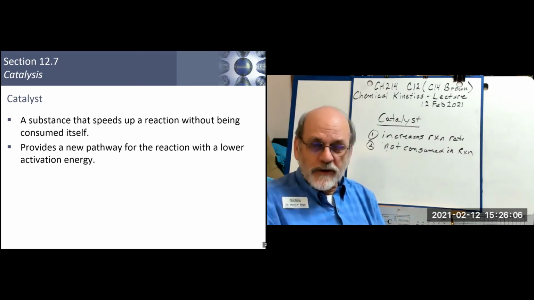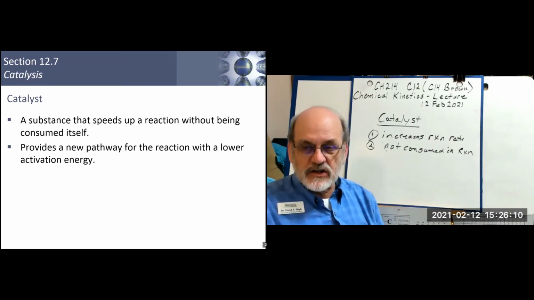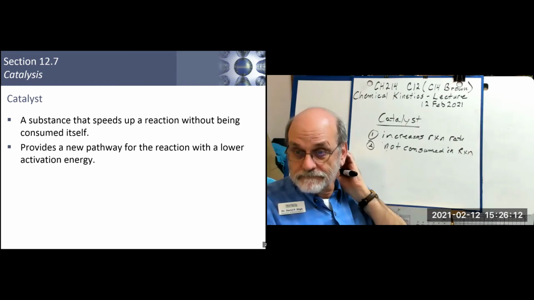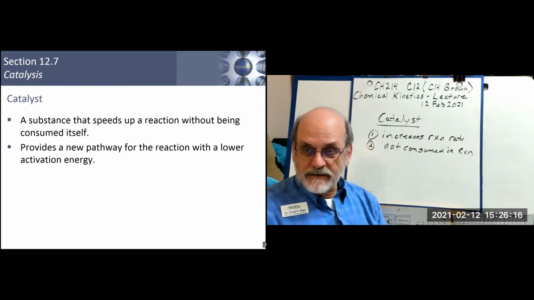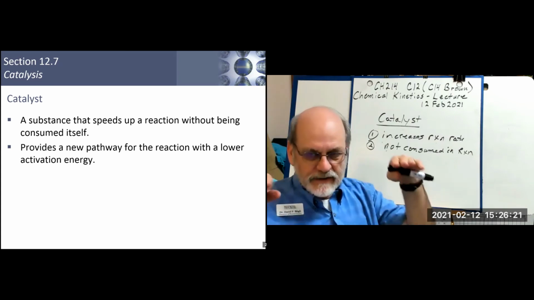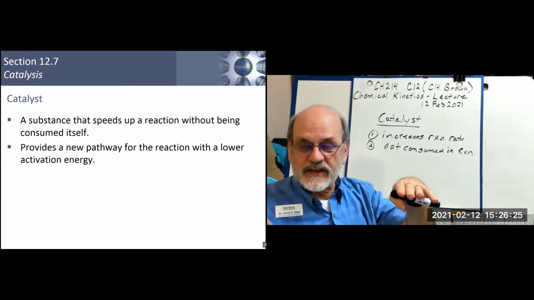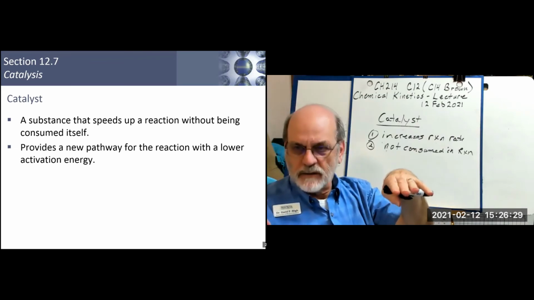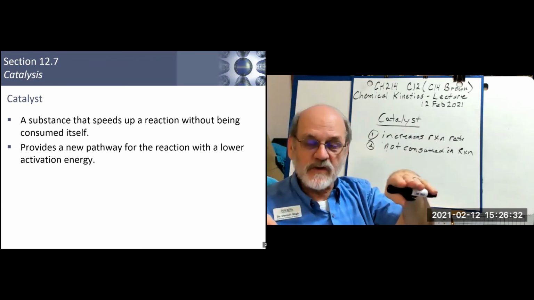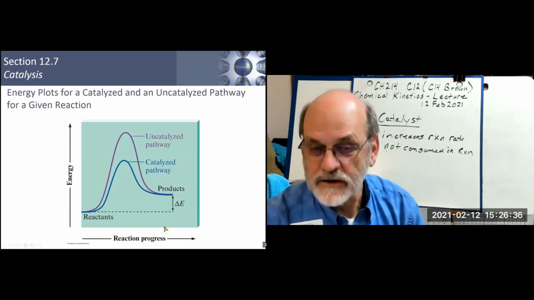Now, in order for the catalyst to do its job, it has to reduce the activation energy. If it reduces the activation energy, then the reaction will speed up. Why? Because at the same temperature, the activation energy will be exceeded by far more collisions for the catalyzed reaction than for the non-catalyzed reaction. Right? So what does that look like